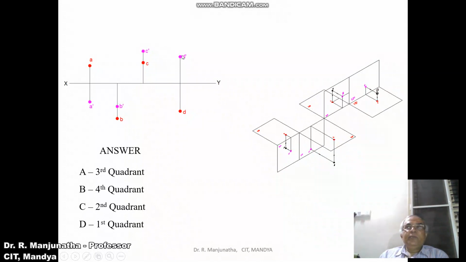And front view is above XY line and the top view is below XY line. Here, when you look from the front, D dash is above XY line, and when you look from the top, the image of the point D will be on HP. When HP is rotated by 90 degrees, the top view will become below XY line, and the distances can be assumed any distances, and therefore in the answer capital D lies in the first quadrant. This is how you will be able to write the final solution in the sketchbook.